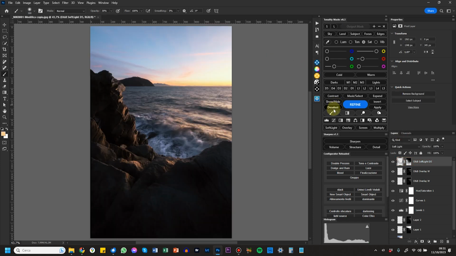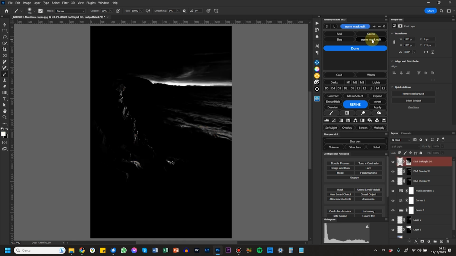Then when I deselect, I go back to my RGB image preview, and now I can load that mask whenever I want. So I go to load, and I have here, well, of course, the classic red, green, and blue channels, but I do have the warm mask edit. So I just click on it, done, and I can reload a mask that I have saved before.